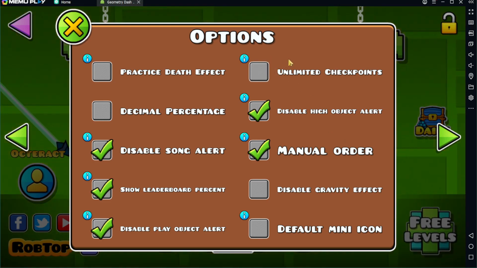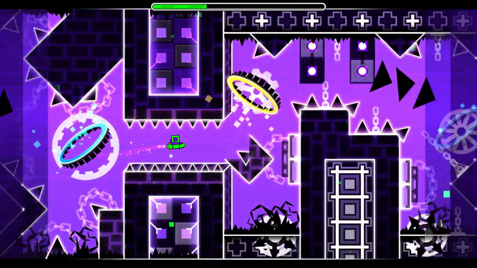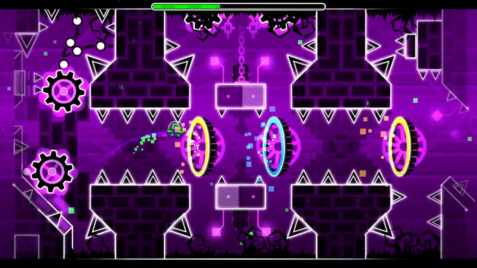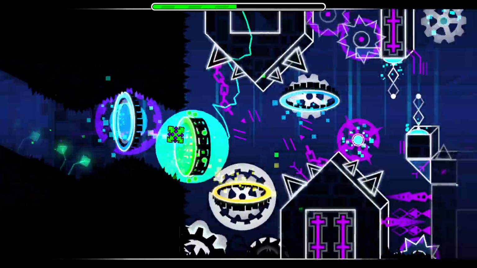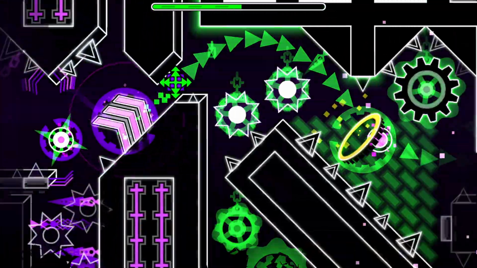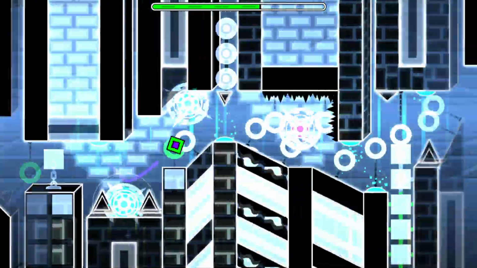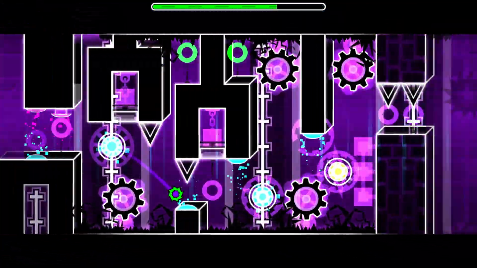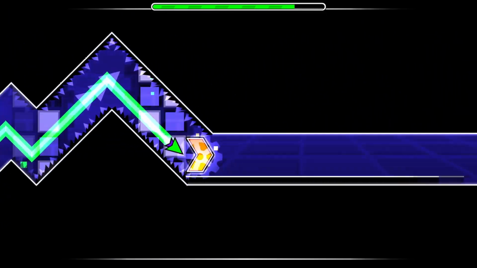This setting is a new idea to most of us because GD currently has unlimited checkpoints. If you spam checkpoints, you can just undo all of them and work your way back to the beginning of a level. However, in 2.2, it looks like the default behavior will be to limit checkpoints to 20. If you place down more than 20 checkpoints, then only the last 20 will be saved. If you delete all of these, then you'll end up back at the start of the level, still in practice mode. So the performance implication here is slightly more memory usage to store more checkpoints, provided that you need more